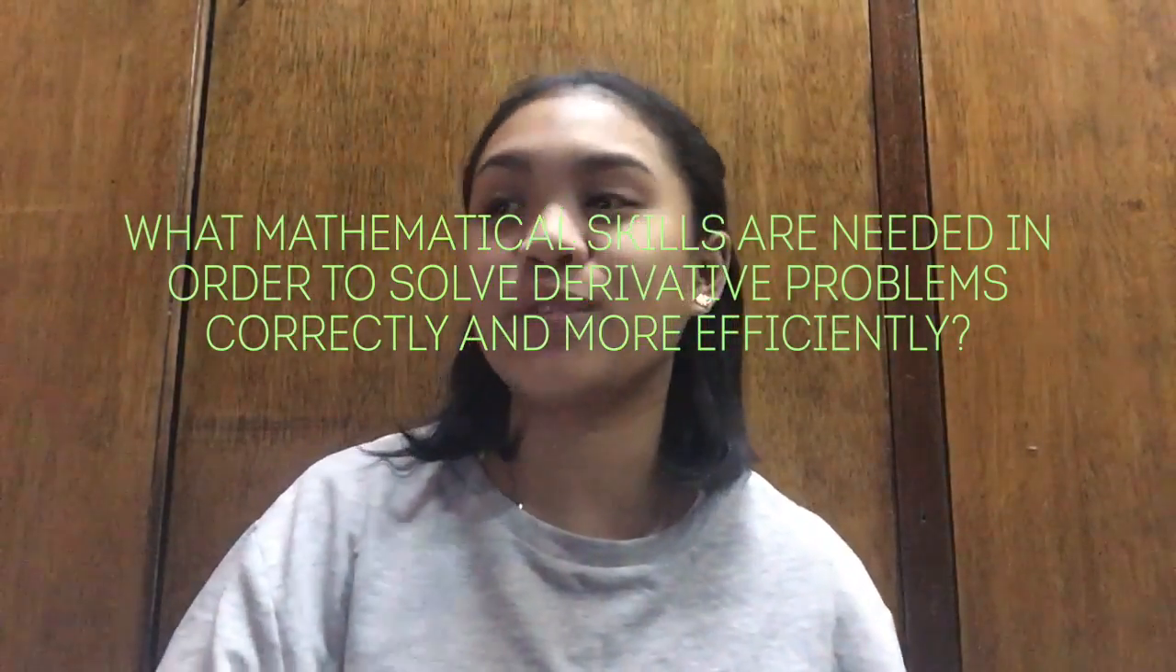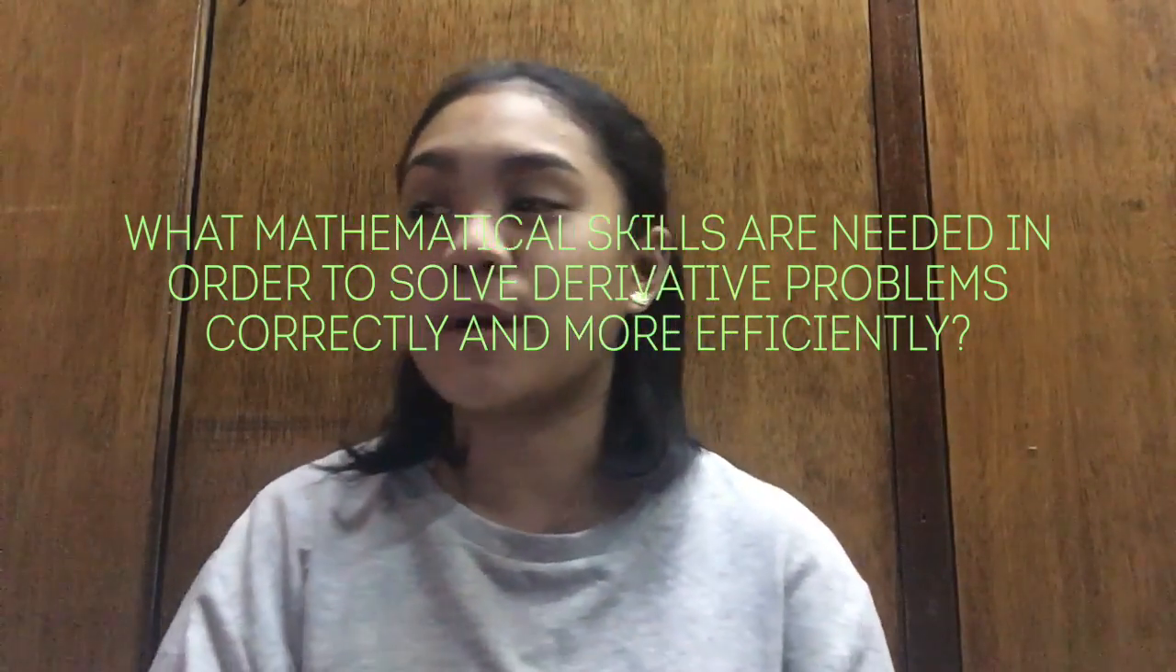An example would be in economics. In economics, derivatives are important because we people need to see if we are developing or not. So, based on the rate of change in economics, we can see how the economic growth is developing or how it is not developing. And for the last question, what mathematical skills are needed in order to solve derivative problems correctly